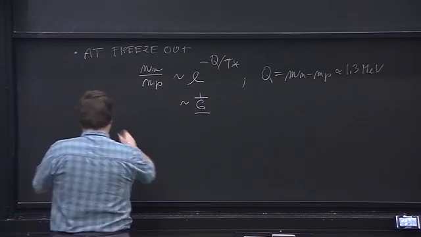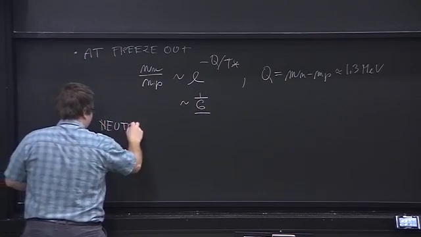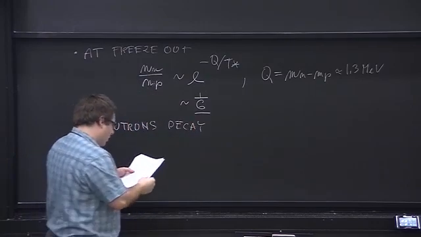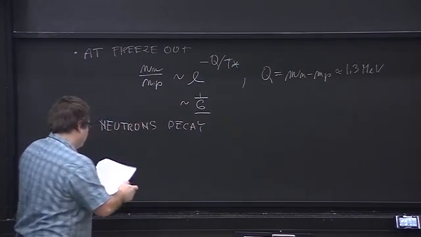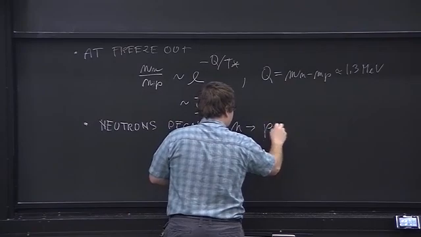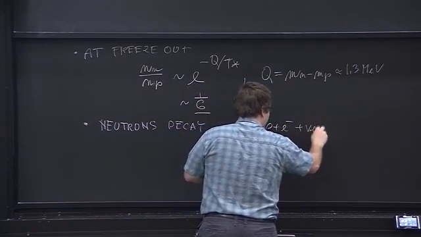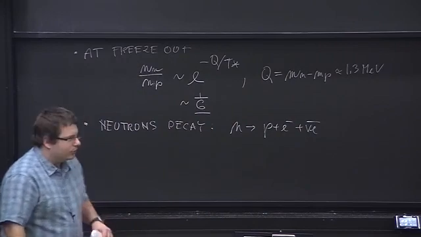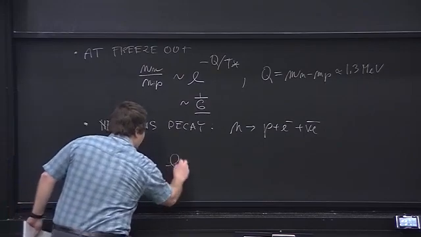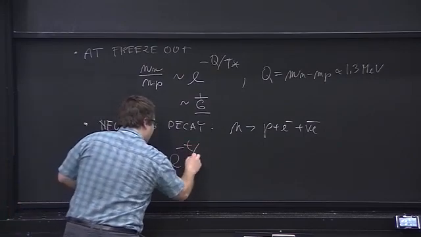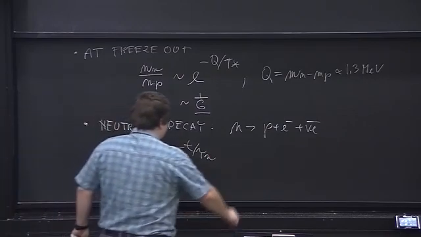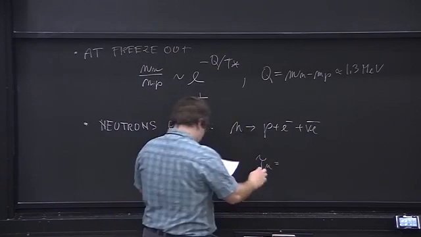Okay, so neutrons decay because they are unstable. So according to that reaction, a neutron just goes to a proton plus electron plus this guy here, because simply proton is better than neutron. So according to the decay rate, you have how much you wait, and this is the lifetime of the neutron. So now the lifetime of the neutron is something like 15 minutes.